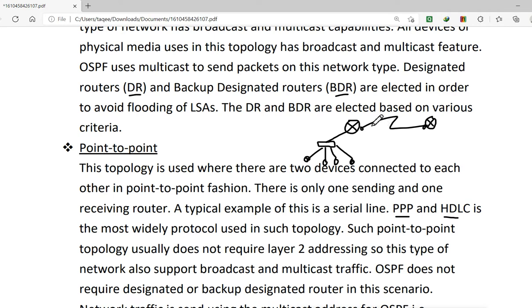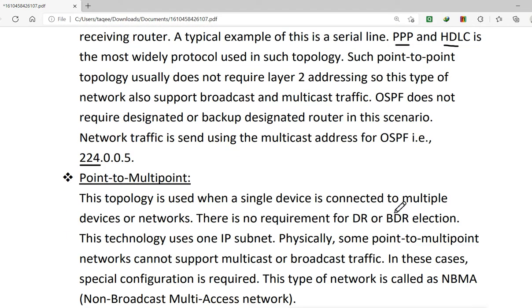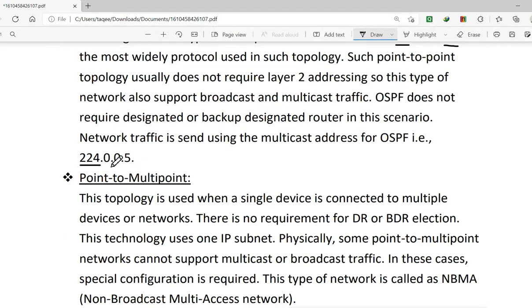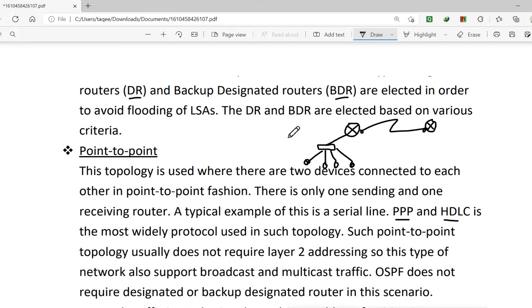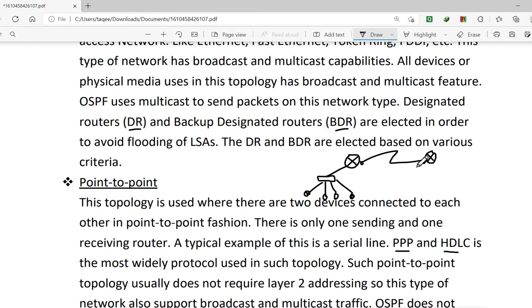It is not using any layer 2 addressing. That means there is no MAC address on this serial link. It uses the PPP or SDLC protocol to do the encapsulation. Then it uses 224.0.0.5 to send the information from one router to the other router, and it does multicast. It does not do broadcast, it does the multicast connection here.